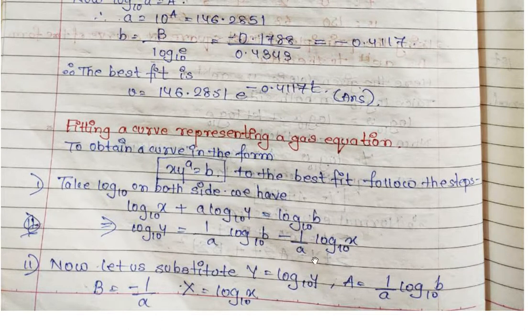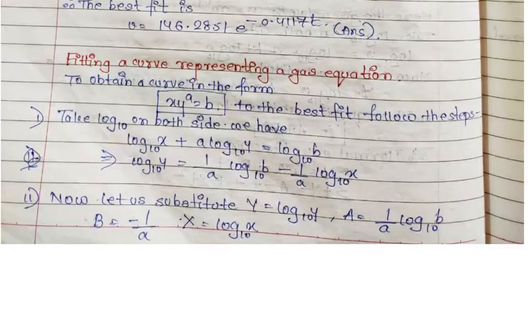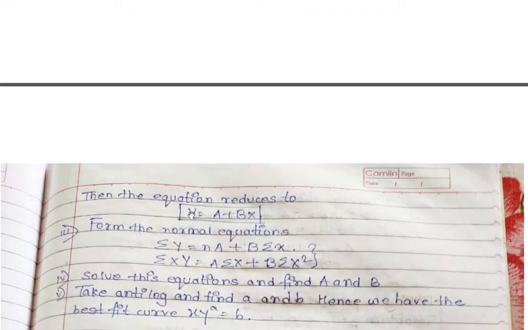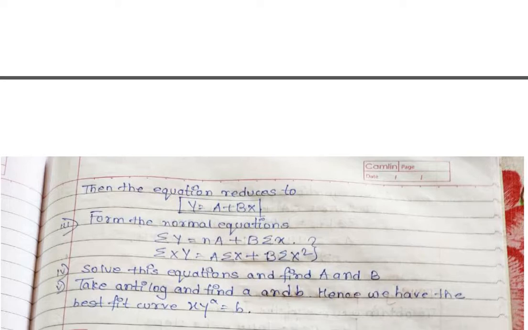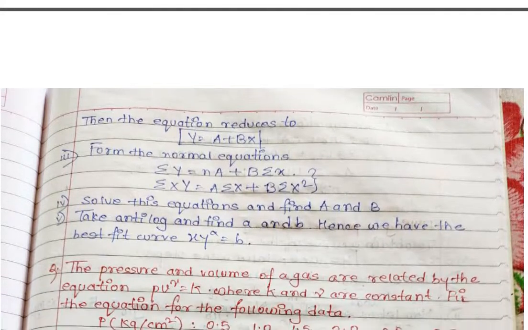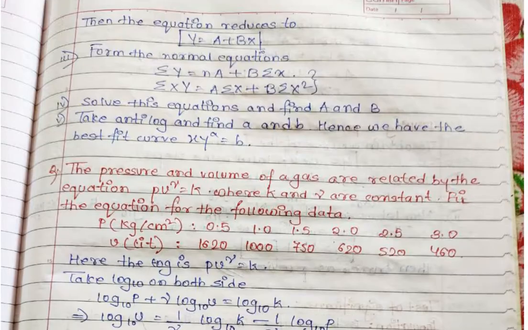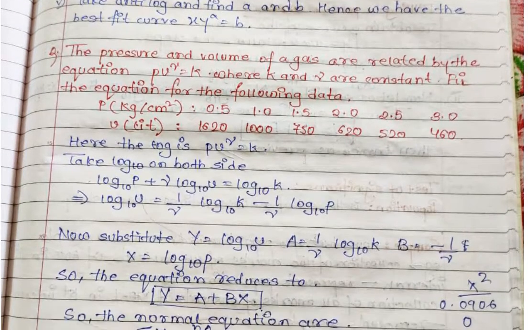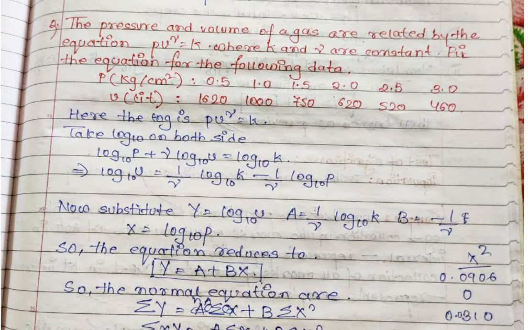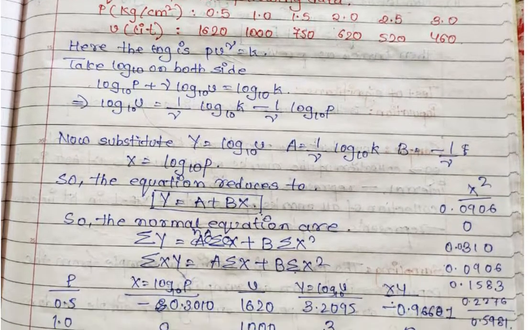After considering all those values here, we will come to the equation again Y equals A plus BX. So from the equation Y equals A plus BX, we can easily find out the values of A and B by using rule number 1, and take antilog again, find out the values of small a and small b. You can obtain the values of the gas equation that best fits the curve. Same type of problem depending on that data is given here. Try to understand the problem first and solve it by yourself.